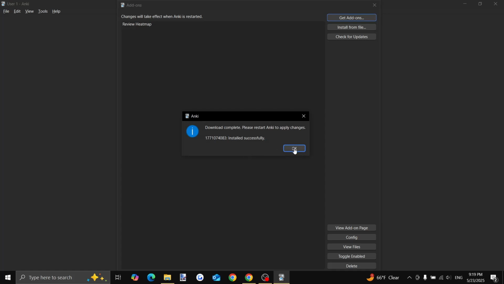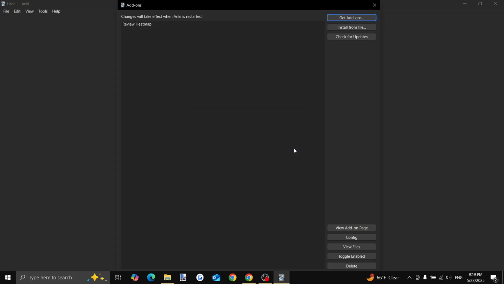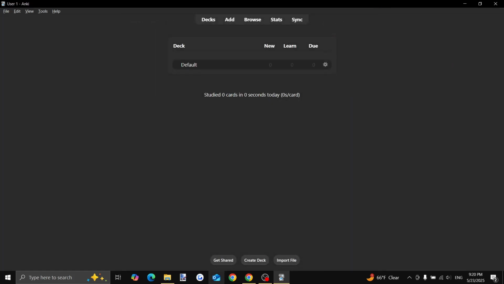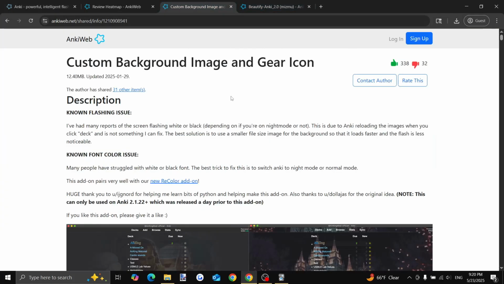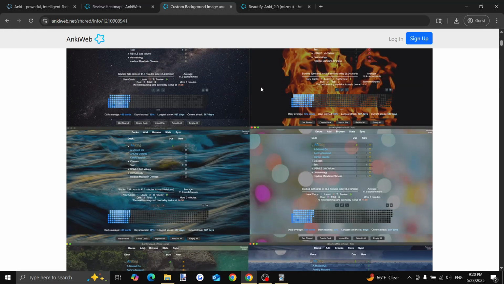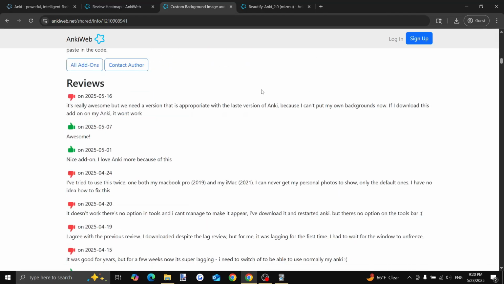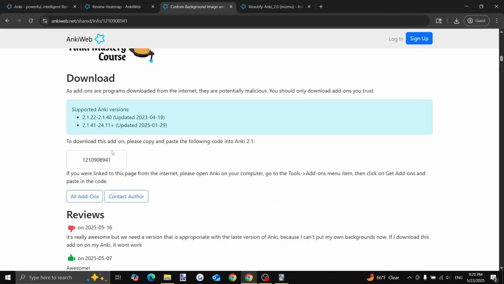Okay, it's installed, but the changes won't apply unless you restart Anki. So we're gonna do that at the end. There we go. We're gonna have to restart a couple times, but no problem. Okay, next, the custom background, image, and gear icon. Same thing. Just go down here, find these numbers,